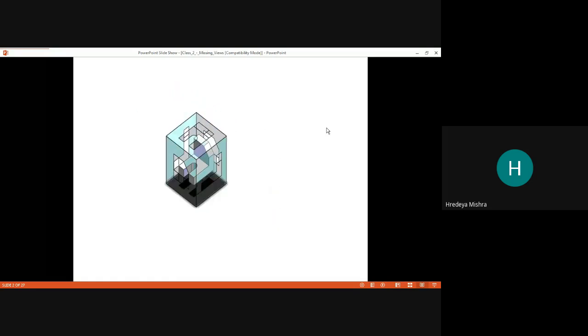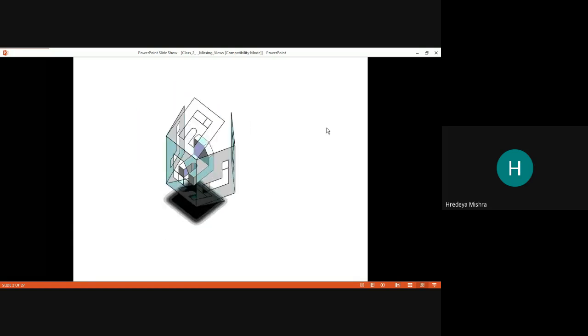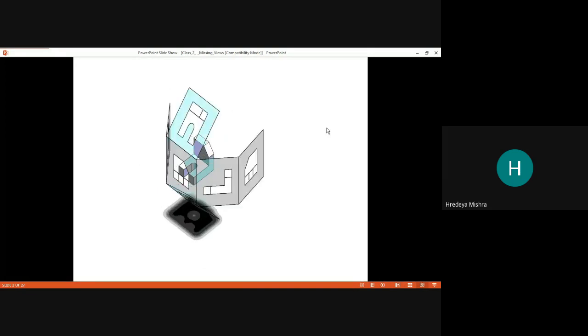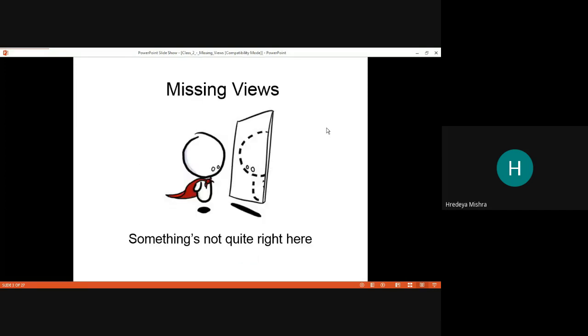That is the question, that is the problem, because we have to draw the missing view with the help of the given two views. So here our topic is the missing view.